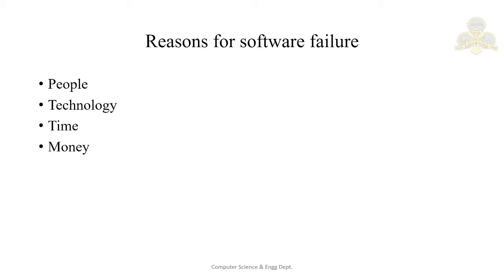The third one is time. So due to the market pressures, the organization tries to compress the development time so that the target becomes unrealistic, and it will lead to overworked engineers or people who, in the later stages of the project, somehow want to get rid of the project rather than bring out a quality product.